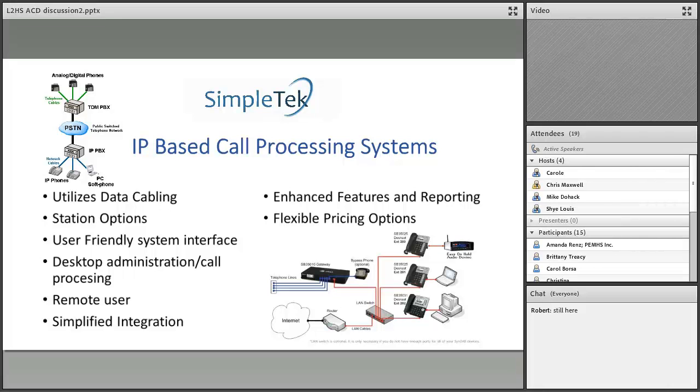Based on the number of users, you pay for a license, but you don't have to pay for the hardware, a card that has 16 slots on it, so you've got 16 stations. As you grow, you have to buy more cards. The IP-based world that we live in is really making communications a lot more friendly for an organization to manage how they handle things.